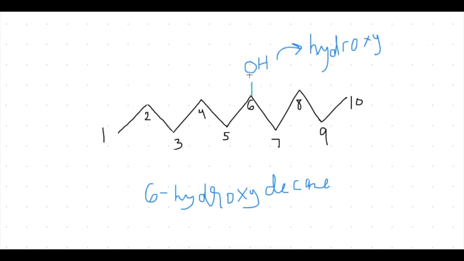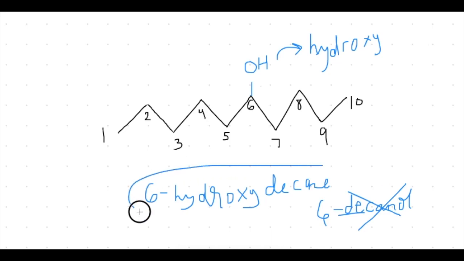Because this is an alcohol group on an alkane that has no other functional families on it, this compound is not in the alkane family anymore. It is now in the alcohol family, and it would actually be named 6-decanol. But because we haven't yet talked about naming alcohol families, I'm going to name it like this just to show you how we would name alcohols when they really are a substituent on the chain of a compound that falls